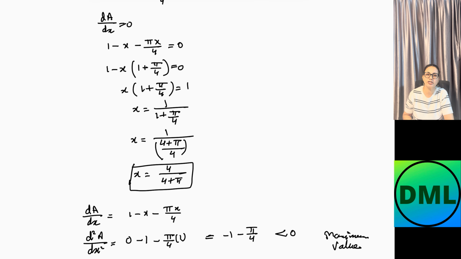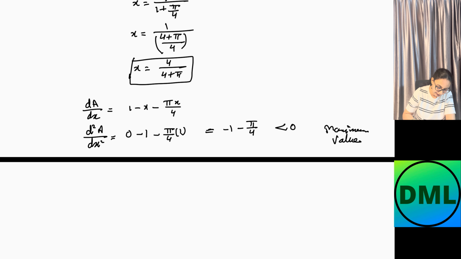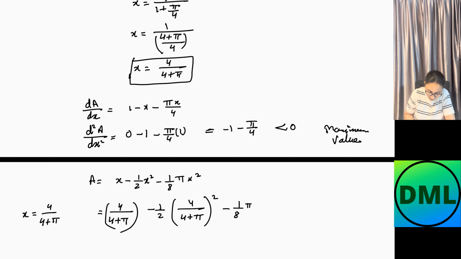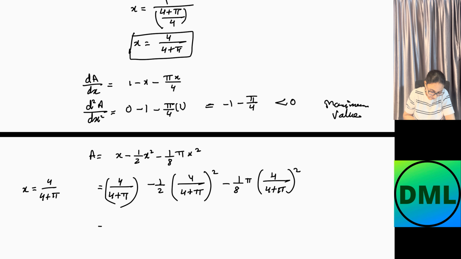Let's calculate the stationary value for A also. The meaning is that I need to substitute this value for x in A. My value for A is given as x minus 1 by 2 x squared minus 1 by 8 pi x squared. Here I need to substitute x is equal to 4 over 4 plus pi. x will be 4 over 4 plus pi, minus half of 4 over 4 plus pi the whole squared, minus 1 over 8 pi times 4 over 4 plus pi the whole squared,